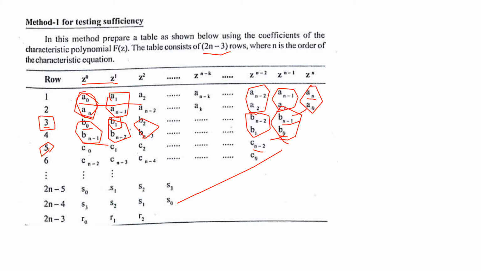Okay, and the sixth row will be just the reverse of your previous one, C. Always the even rows will be the reverse of your previous one. Okay, and one term will be constant when you find out your odd rows. First column will be constant, and you will be moving from your last element towards your first element. Okay, so this is how you have to find out your rows, and you have to form the table for this sufficient condition.